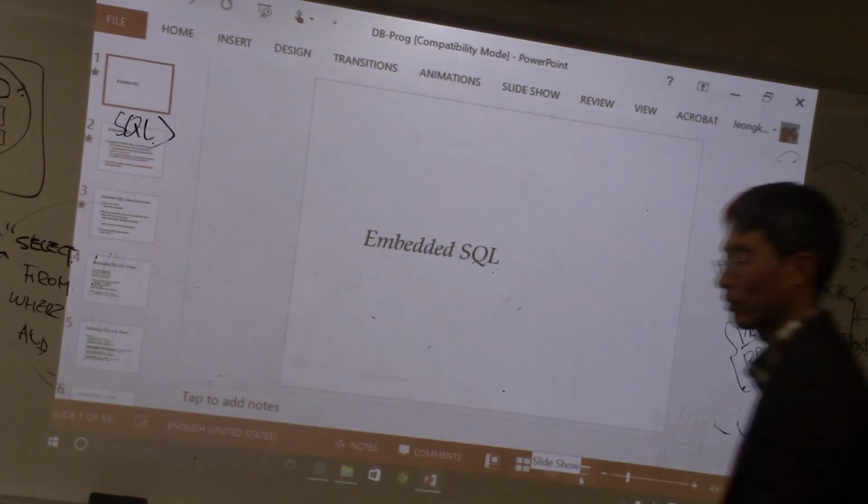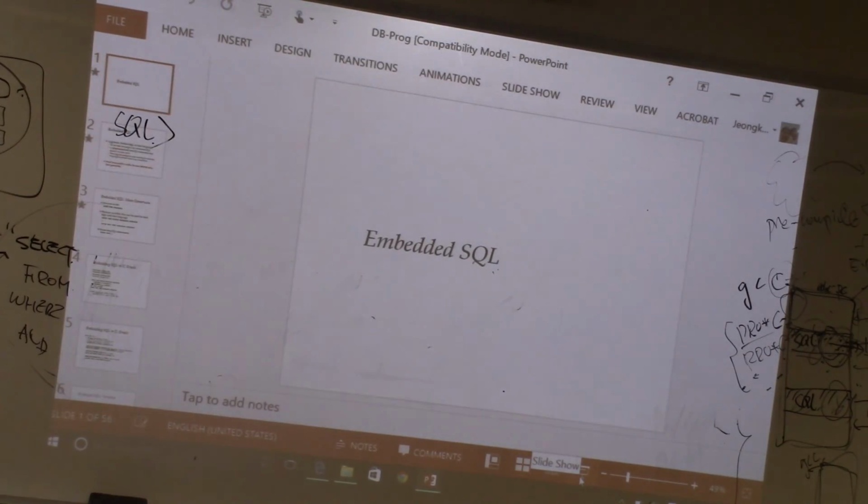Okay, so that is a very brief introduction to database programming. But you should learn more in your exercise lab and also in the project. We have 10 minutes, so as I announced,